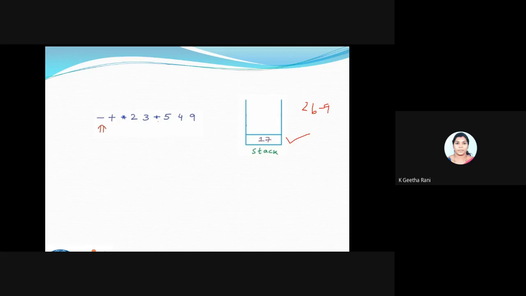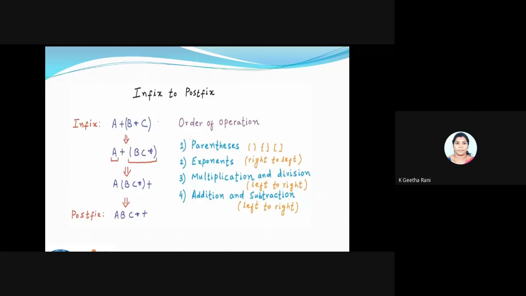Fine. So next comes a topic where I'm going to make a conversion: how to convert an infix to postfix in an algorithmic way. We already saw how to convert infix to postfix. Based upon this order of operation, I will be converting this. You are familiar with this. What will the order of postfix be? First comes operand 1, then operand 2, and then the operator. So it's easier to convert an infix to a postfix.